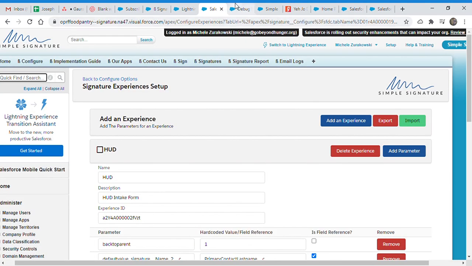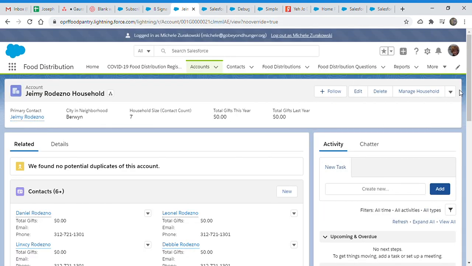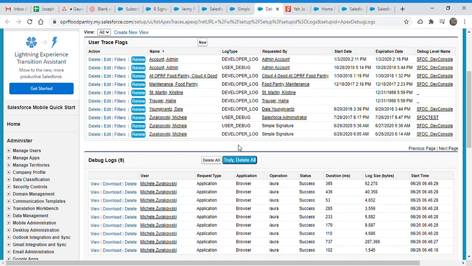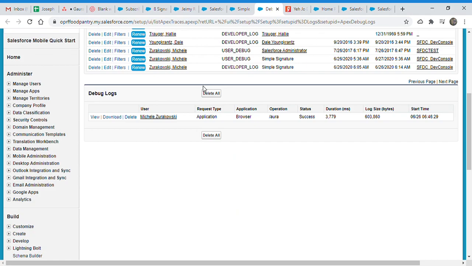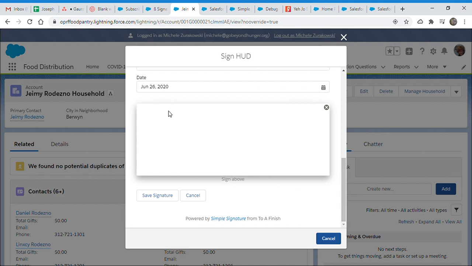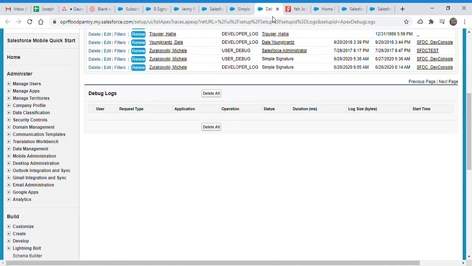Okay, and I've made a small change, the only change: the PDF template is now SignaturePDF, just for testing. Okay, and let me test the sign. Clear the logs. Okay, so I will name it as a one. I have deleted all the signatures that I have created. I did not delete any PDF which is attached on this account. I just deleted the signatures, and now I just sign this one. So we should check the debug.